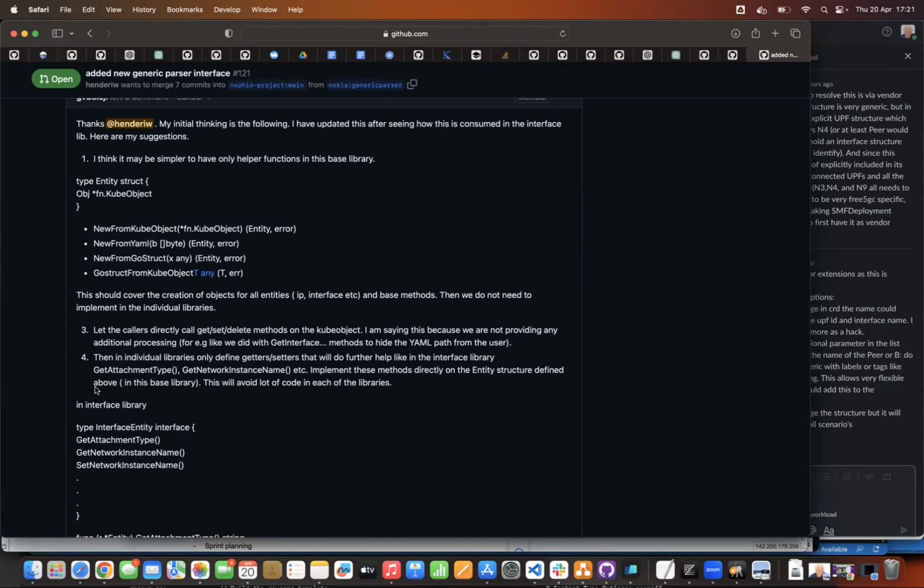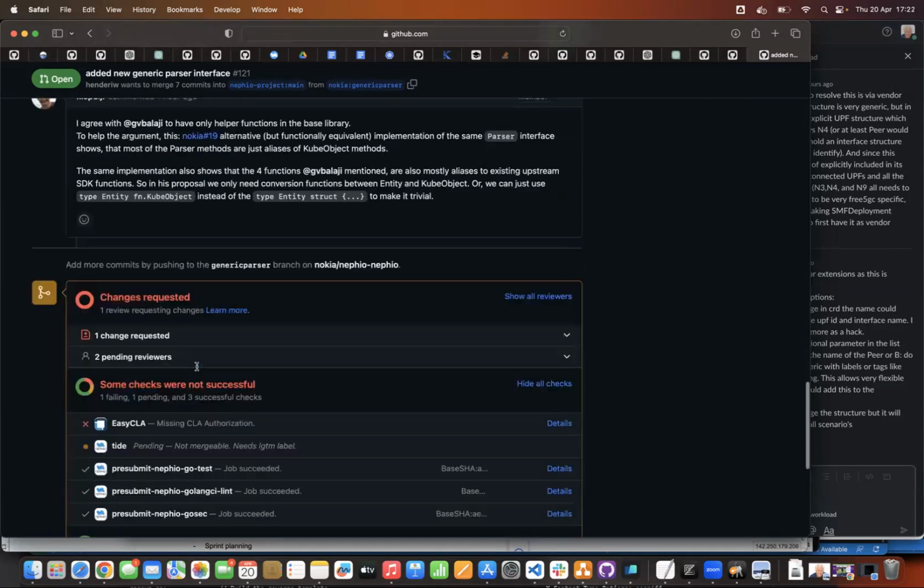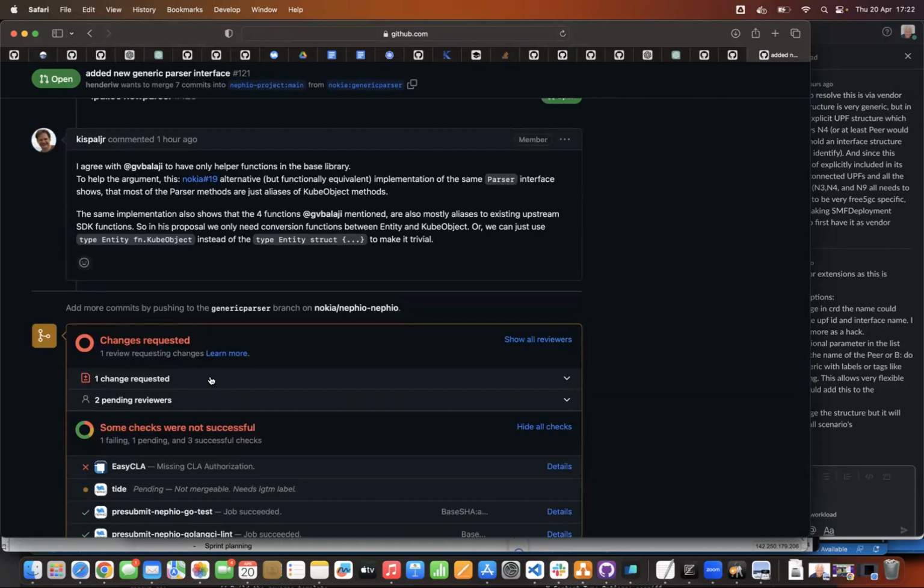Yeah, sorry. Just one insertion: what I added to this PR is not the set spec that I ultimately want. I actually implemented this parser interface in an alternative way. I've sent you a PR via the Nokia repo, and I just use that. It is exactly the same functionality. The same tests are passing with 90%, 92% coverage. So it is exactly the same functionally. It is just a different implementation, and it shows that it is basically just aliases. And that's what I used to basically add some arguments to Bala's proposal at the end.